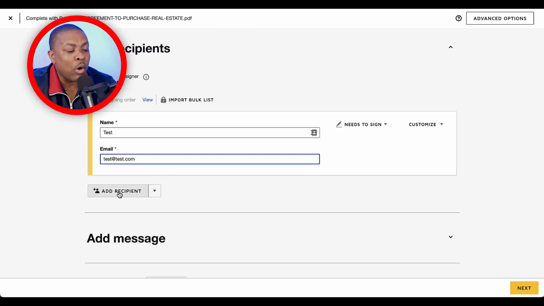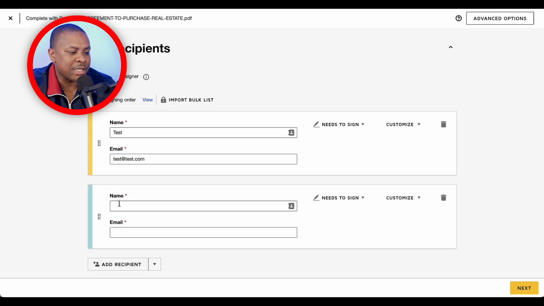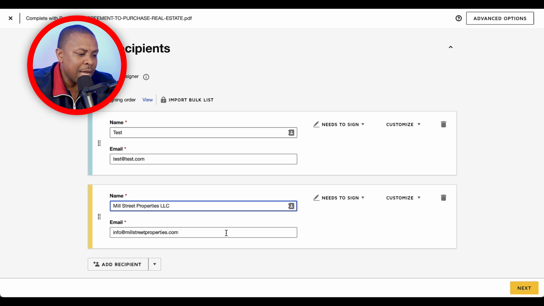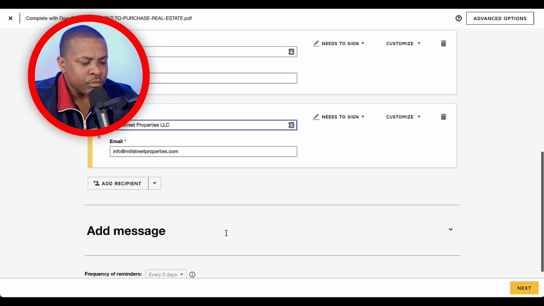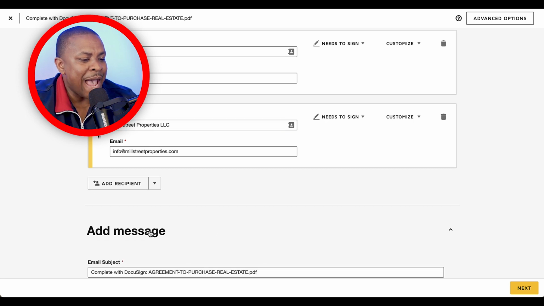And then since I'm also the one that's going to be signing the agreement, I'm going to click on add recipient, and I'm just going to type in Mill Street Properties, which is one of my companies that we do business with, right? So the next thing I'm going to do is go ahead to where it says add message,